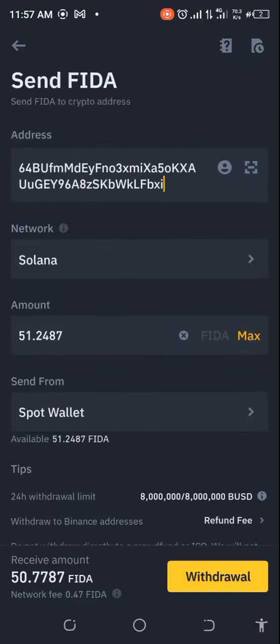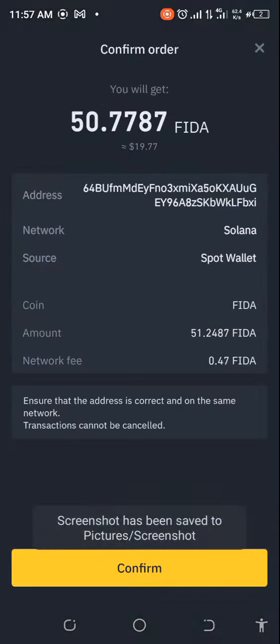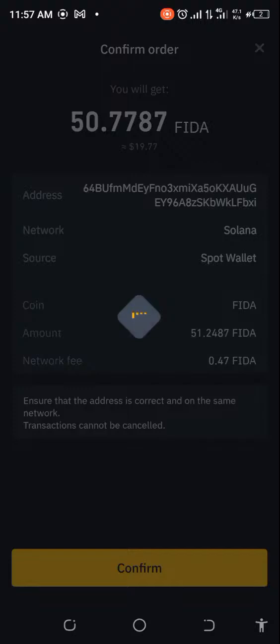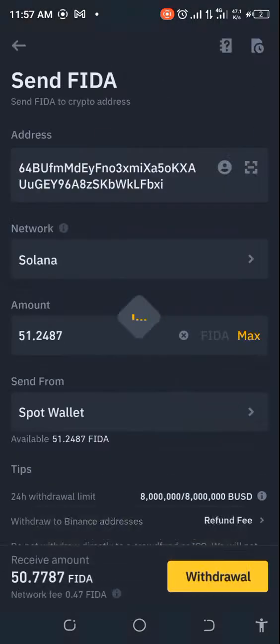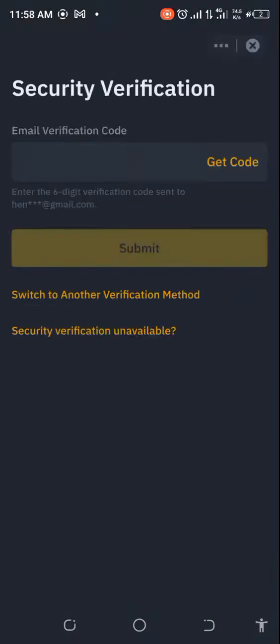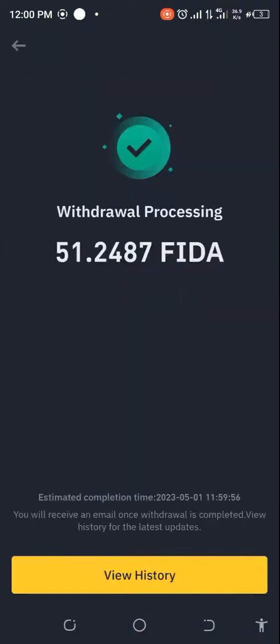All right, so let's go ahead and put in the withdrawal address. Okay, let's go ahead and do this. Take our screenshots, and then we'll be ready to withdraw. Okay, so it's asking me questions, everything. I'm making sure that everything is intact. Let's go ahead and do this. Okay. All right, so I have to do my verifications and I'll be back. All right, so our fighter is actually on its way